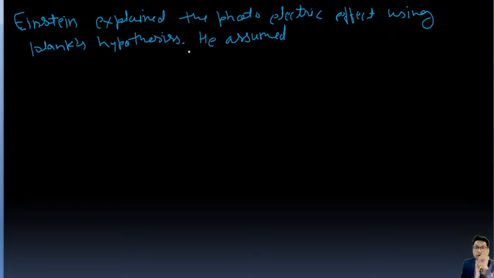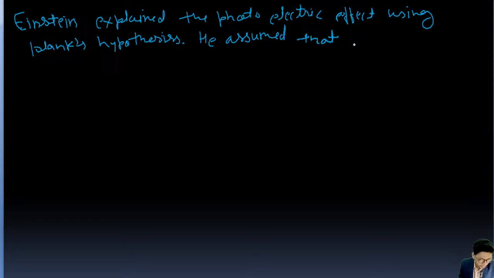I have already explained Planck's hypothesis in the previous class, yesterday's class, where I explained the spectrum of a black body, how Planck explained the spectrum of black body radiation. In that case, Planck considered energy in the form of packets or bundles called quanta, right? And their energy is in integral multiples of h nu. Using that Planck hypothesis, Einstein explained the photoelectric effect. So what he did is he assumed that